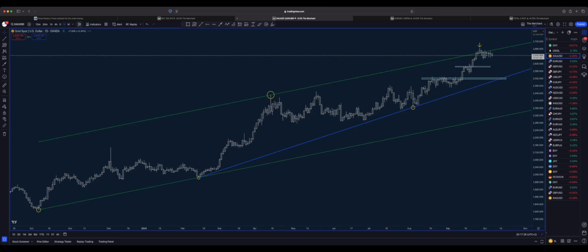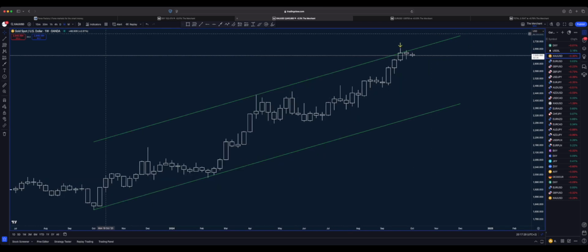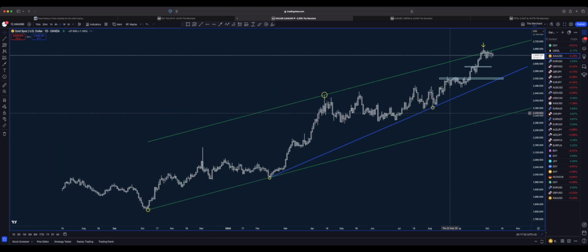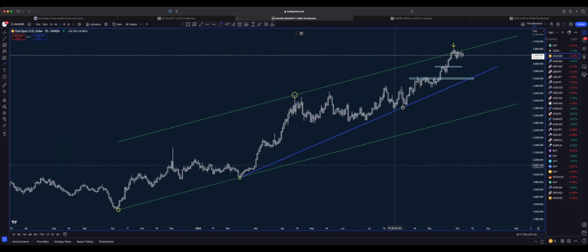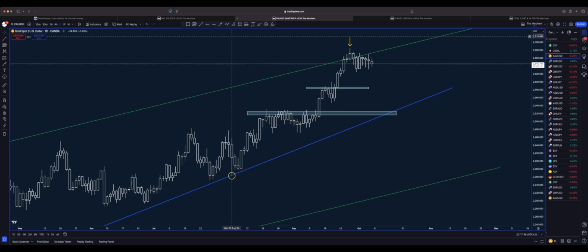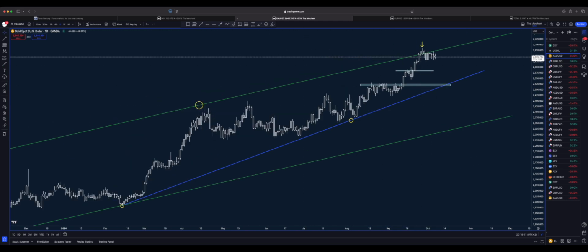If we look at this on the monthly time frame, or even the daily time frame, we can see that we are inside a channel, and it's definitely an uptrend. Here we have first touch, second touch, first touch, second touch. I know the price broke above a little bit, but then came back again, and it's inside this zone. Again, guys, we have a lot of resistance here. Price broke above and didn't come to retest as support so far. This area is between 2500 and 2530. Next to it we have this blue trend line, first touch, second touch. So why not for the price to come for the third touch, and from here continue to the upside, if any.